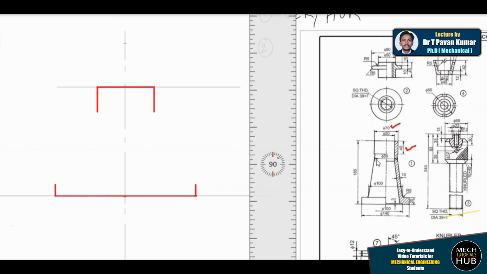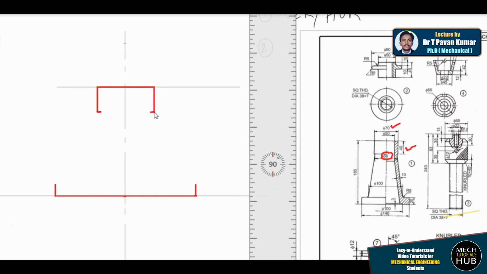What is that step we need to consider? Initial diameter is 70, but internally you find a diameter of 66. 70 minus 66 will give you 4 mm, means 2 mm on either side. From here you just need to make a mark of 2 mm.